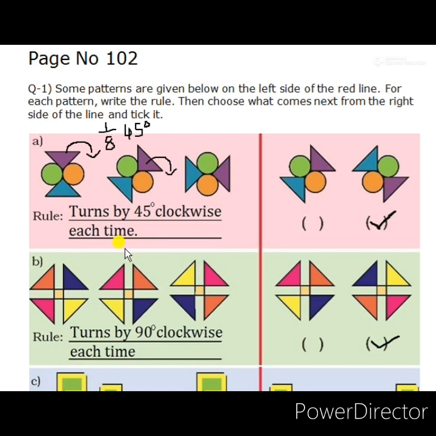Now the third figure we observed, it came on the right side. Now what will be the next position of that purple color? Is the first one correct for the next clockwise direction or turning to the right side? No, that is not correct. Now the second option, see, the purple color is moving to the right side by 45 degrees. So the second pattern is suitable for the next position of this figure. Students, write this rule in the lines and tick the second option also in the textbook.